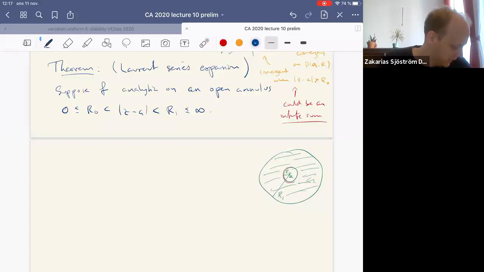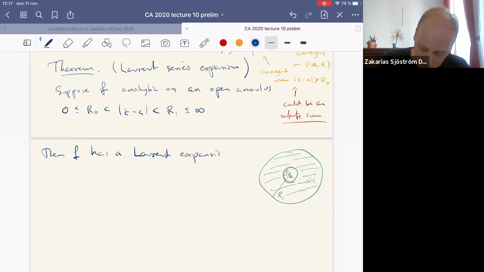But let me first finish the statement. So the statement is that when f has a Laurent series expansion around A of the form